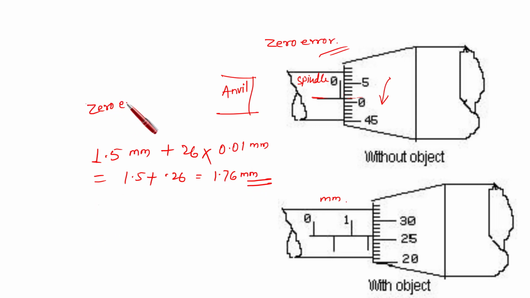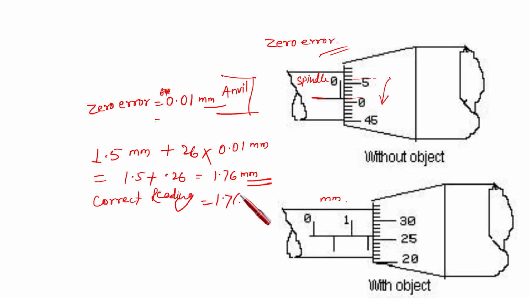So here in this case 0 error is equal to 0.01. Simply you have to count how many divisions are there, multiply with the least count, you will get the 0 error. If मान लिए कि आपको ये वाला लाइन coincide कर रहा होता है यहाँ पे, तो क्या हो जाता, 6 into 0.01, that will give you 0.06 mm. So that is the error. But here only first line is coinciding, so that's why that is the error, and that's why the correct reading will be just subtract it 0.01 mm, and it will give you this much. Clear? So this is the correct.